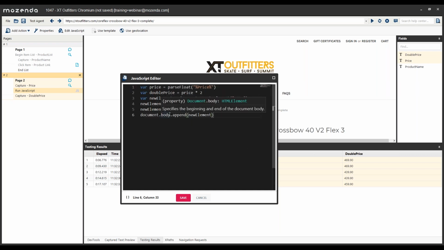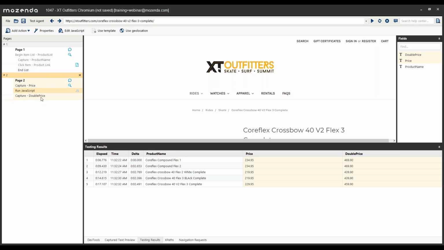We're hoping it really opens your eyes to what you can do with it, because once you have access to a scripting language like JavaScript, it's kind of unlimited what you can do with your data. You can multiply it, you can merge fields, you can do all sorts of different things that you might not be able to do with standard capture or click item actions. Alrighty, so with that, we're kind of coming close to the end on what we wanted to cover in terms of new functionality. We can feel pretty confident that our run JavaScript action is working because we're capturing these values now. So what I want to show you next that will also help understand what one of the big differences